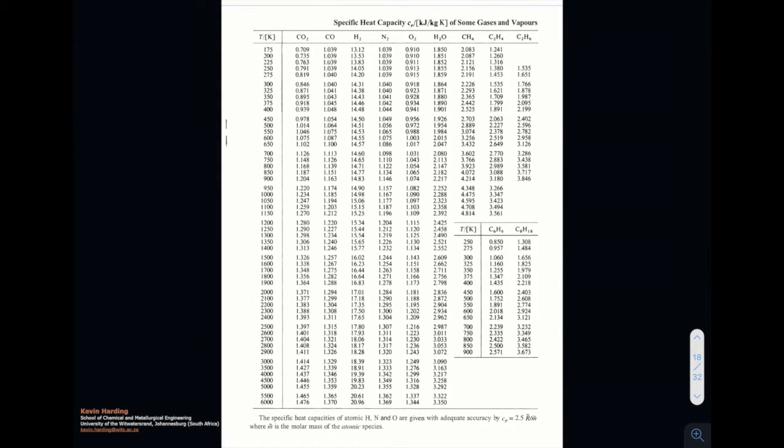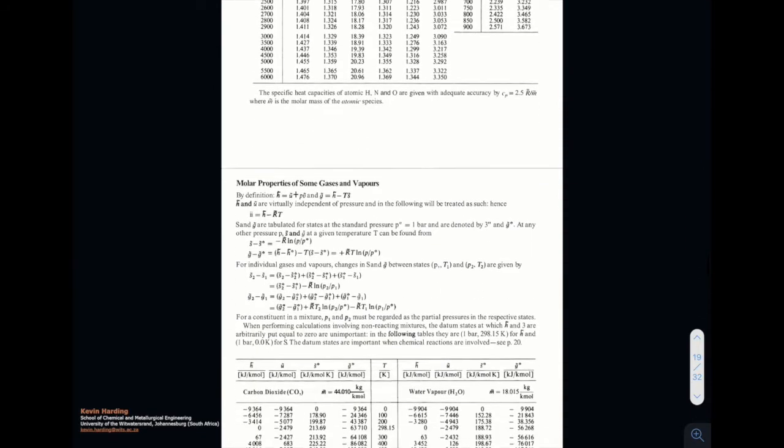The next page we have some information on specific heat capacities. So the specific heat capacities in kilojoules per kilogram Kelvin of the gases of carbon dioxide, monoxide, hydrogen, nitrogen, oxygen, water, and then the C's. There's CH, C1C, 2C, another 2C, and then down to the bottom in the right, middle right, we have the 6 and the 8 value. Okay, so please note you've got the specific heat of various different gases on that page.